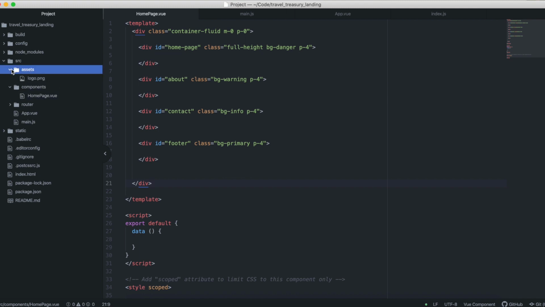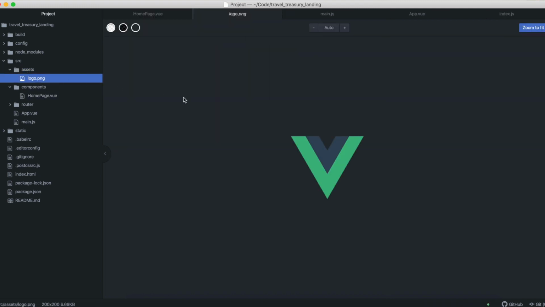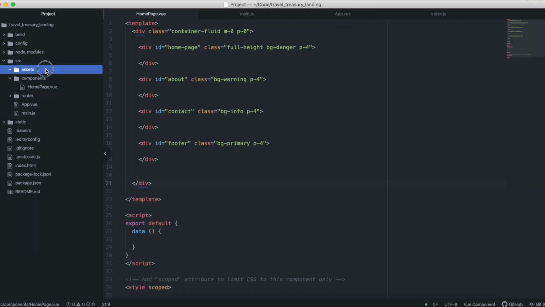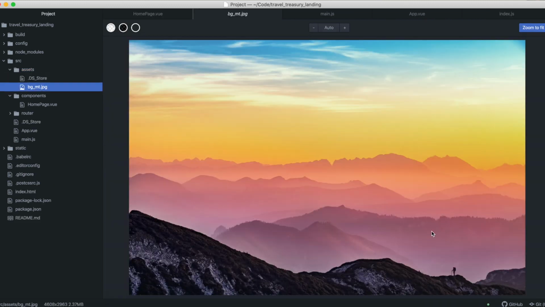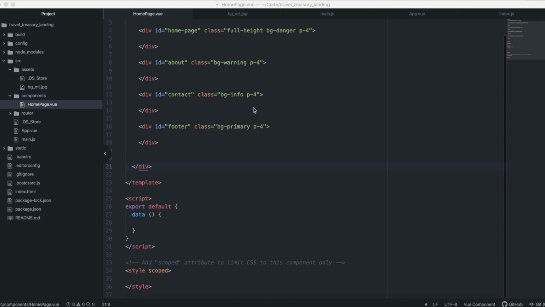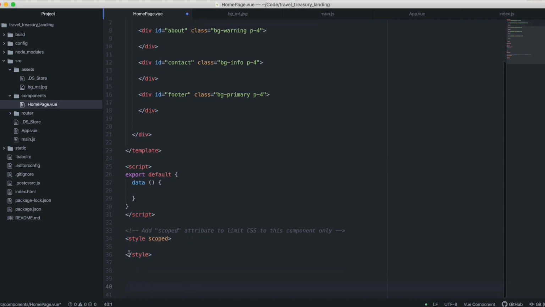So you're going to want, in your assets folder here, you'll see the logo, that logo we deleted before, and we're actually going to delete that because we don't need it. Then we can add our picture, and I have mine that I can just drag in right here. So there's the image you can see. If we go back to the home page now, we can set our homepage background in the CSS as that image. So we're going to use the ID that we have on that div. So that home page, and to set the background,